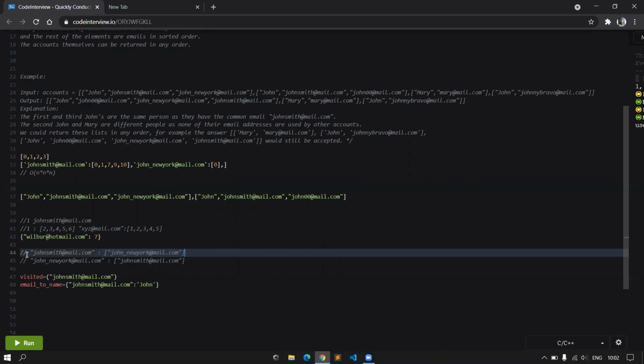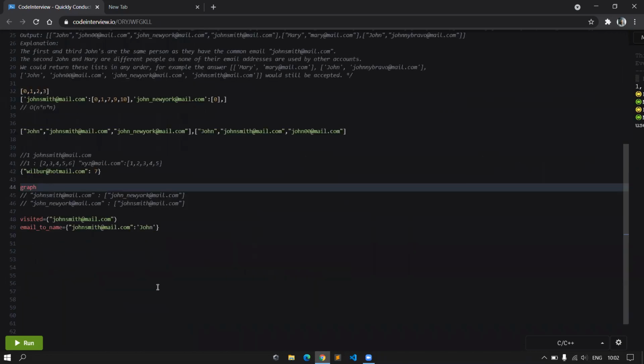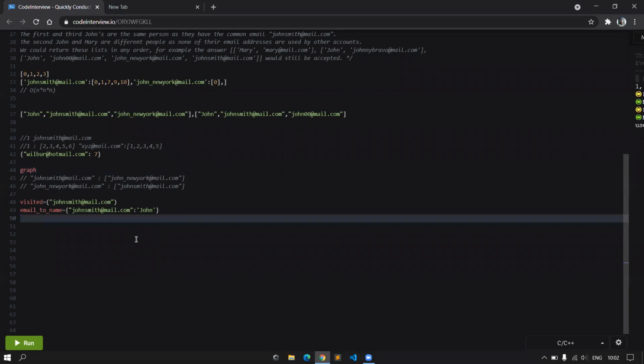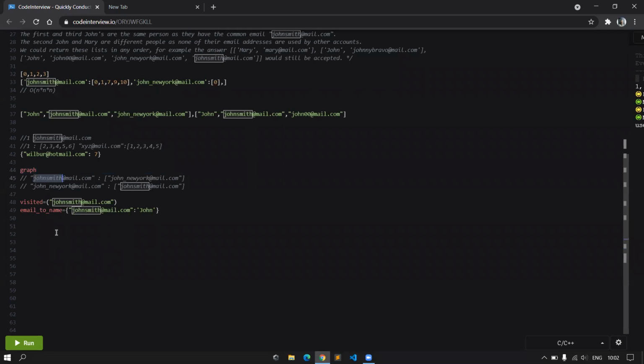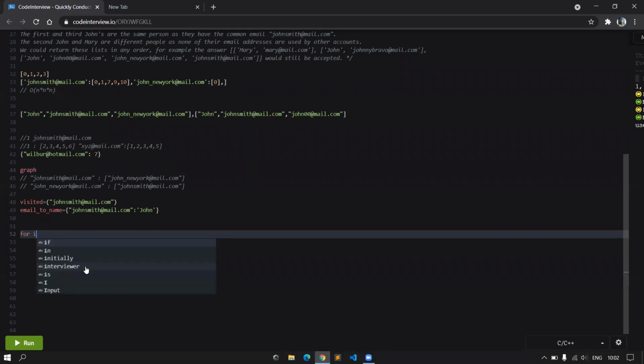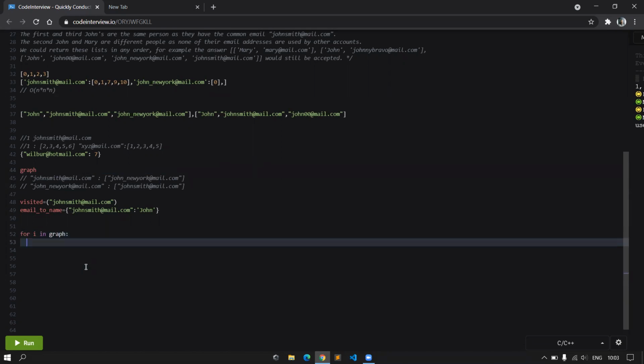Yeah, so let's say I gave this dictionary itself the name graph, and now to go through each of the key values in the graph, I'll just iterate through the graph itself. And yeah, if I is already visited, it would be present in my visited list.